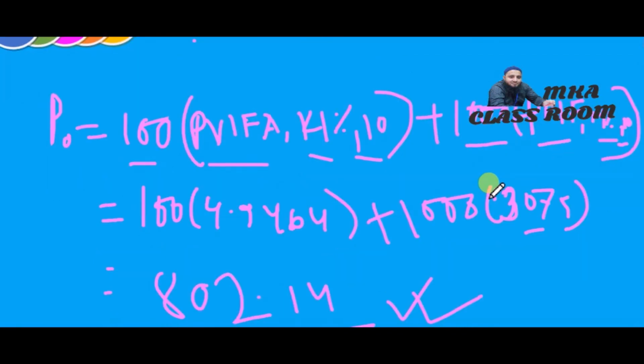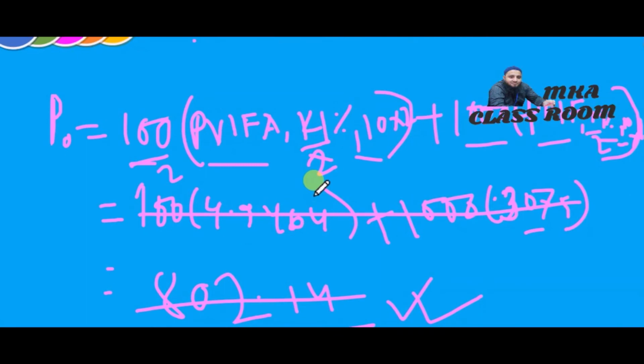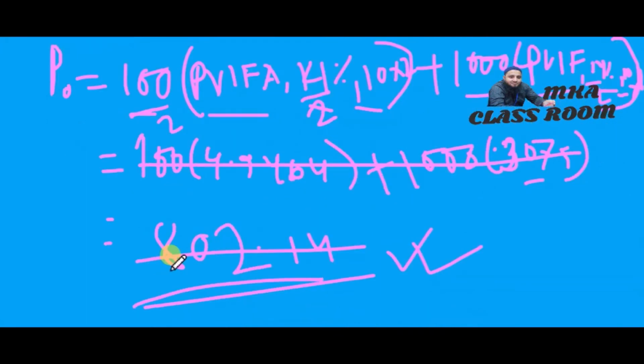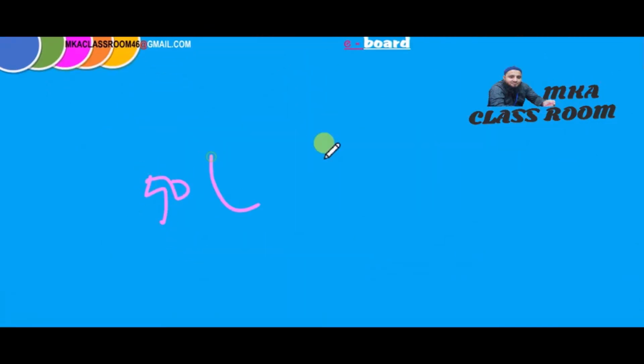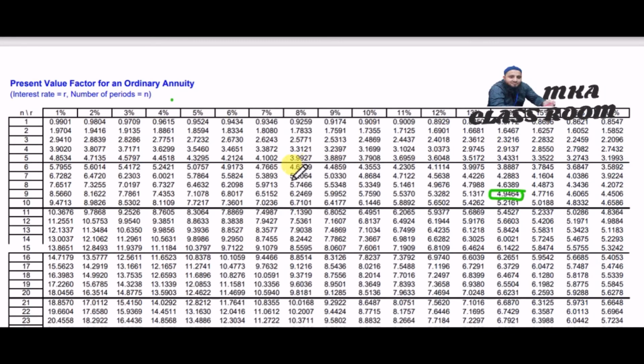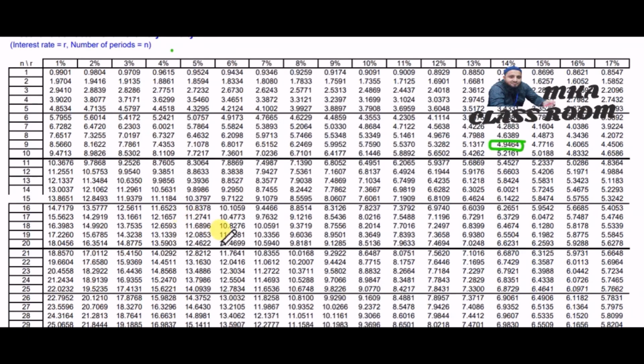And if this bond is semi-annual, then what will happen? The payment should be divided by 2, the 14% divided by 2, and the 10 years multiplied by 2. Then we have to find these values from our table, and it will show another result, the semi-annual result. 50 times, here we have 7%, 20 periods, the 7% present value annuity factor for 20 periods, 10.5940, plus 1000